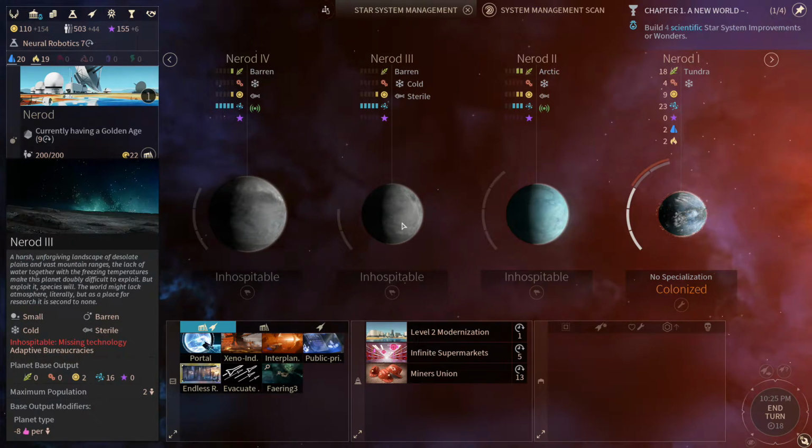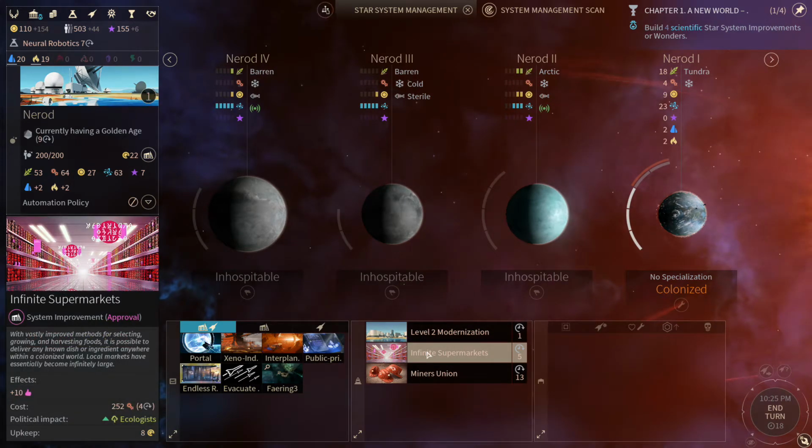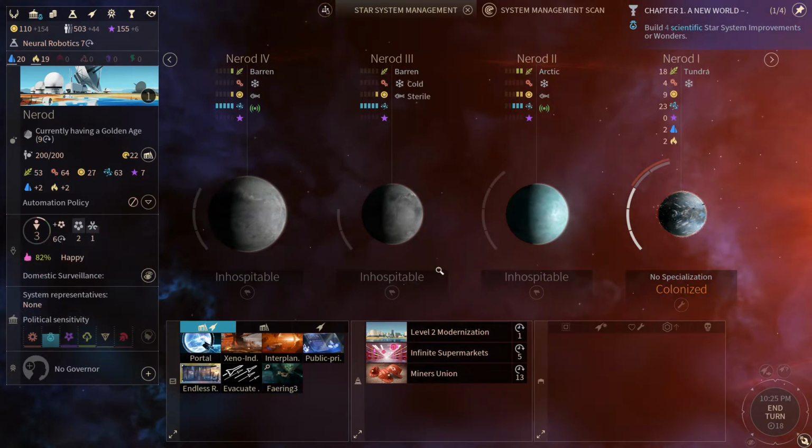The issue with this is that these planets have really, really big approval penalties, and we don't have any good ways of offsetting them. This system has no luxuries, and our primary building for offsetting approval penalties after infinite supermarkets is based on luxuries. So,